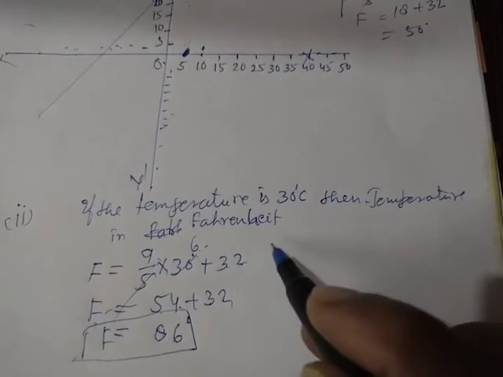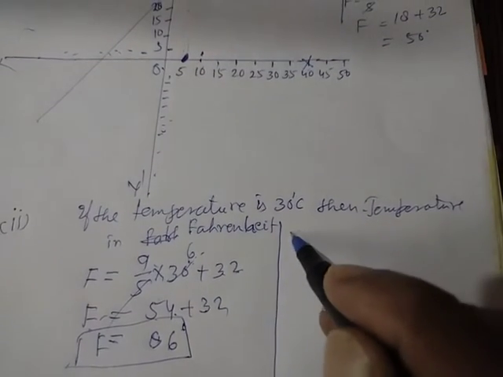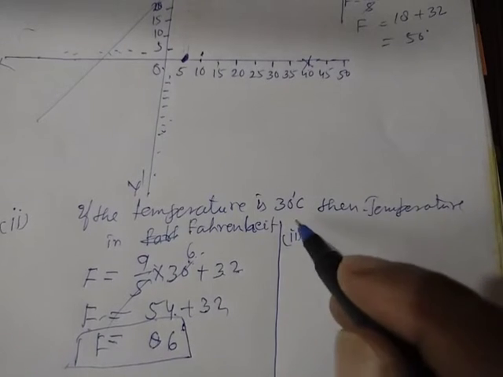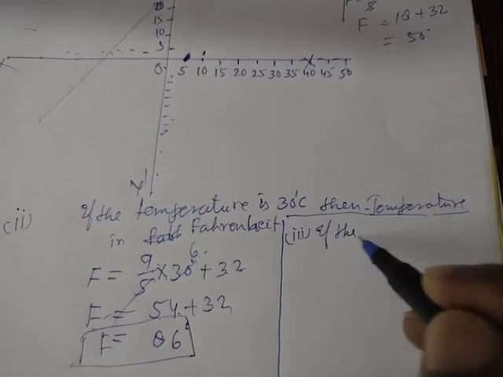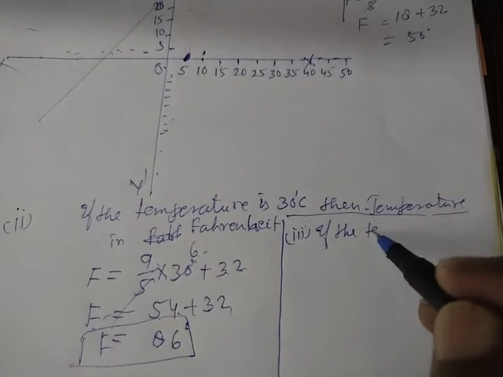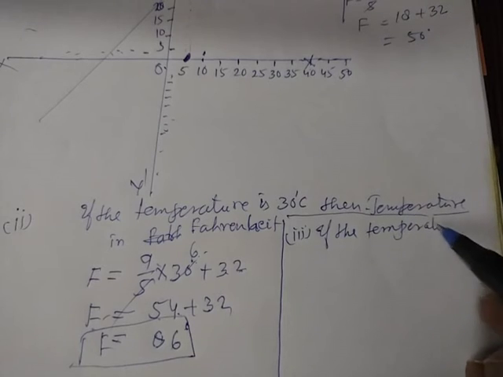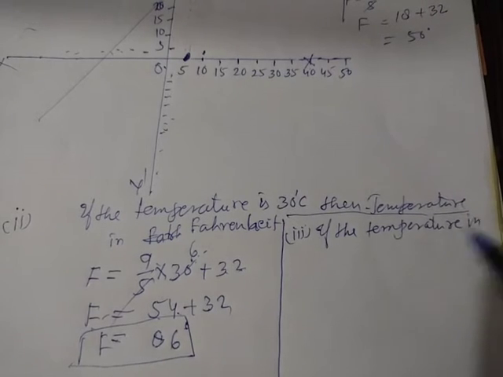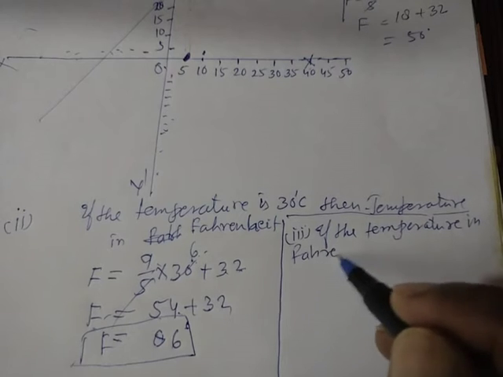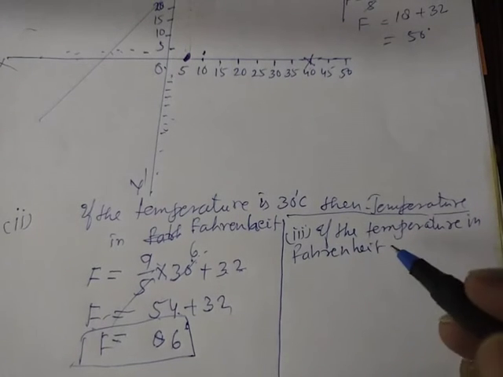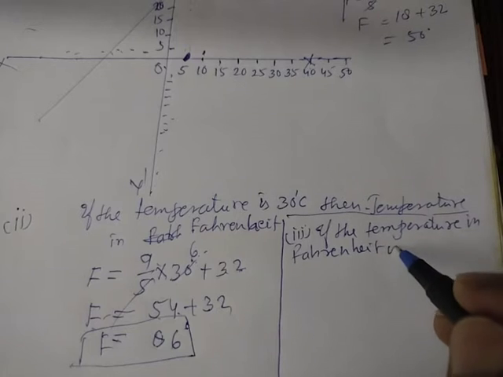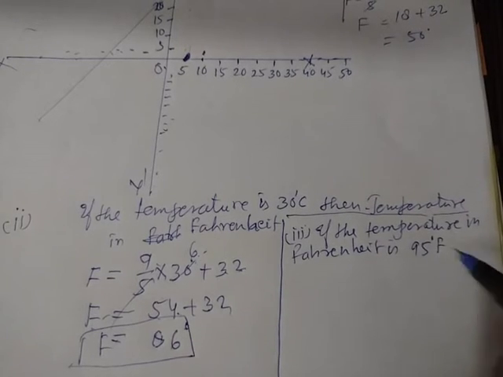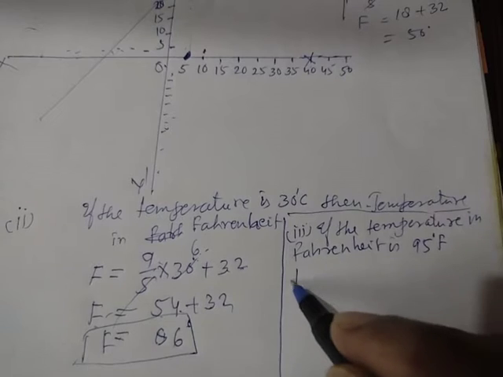Okay, now you see the third part. If the temperature in Fahrenheit is 95 degrees Fahrenheit, then